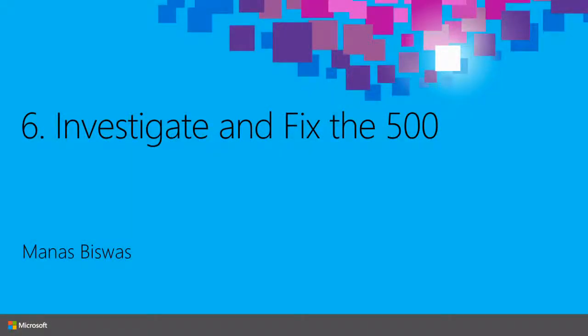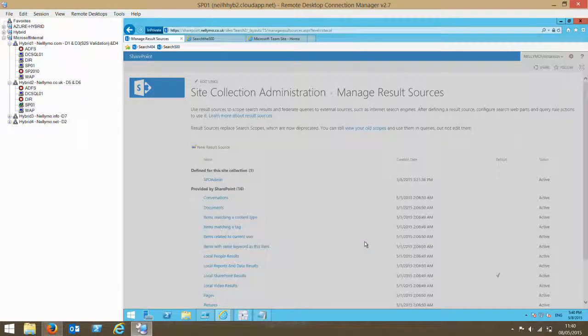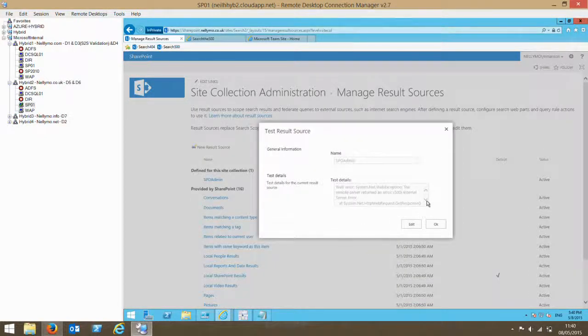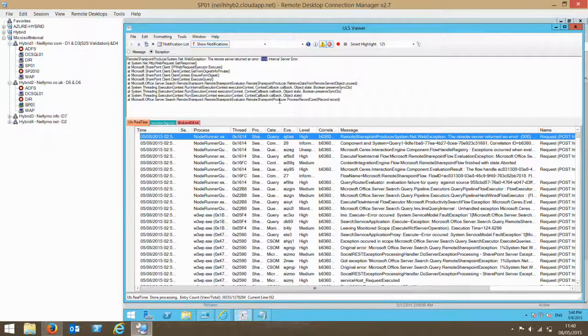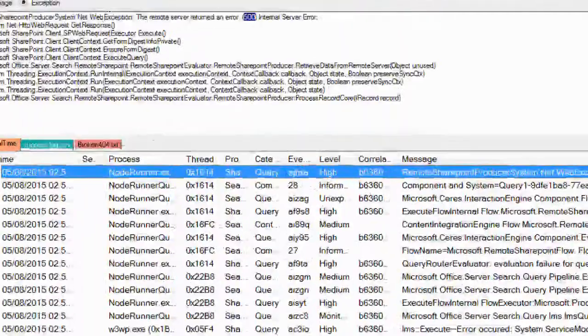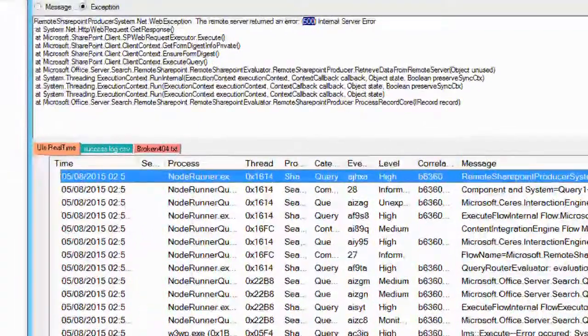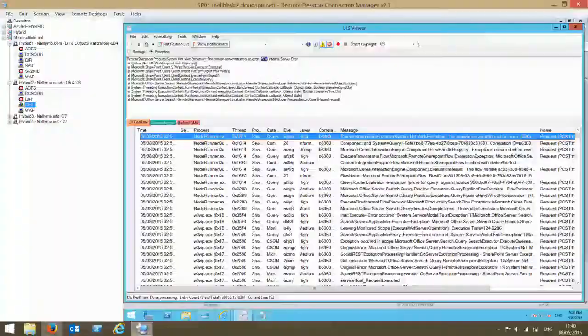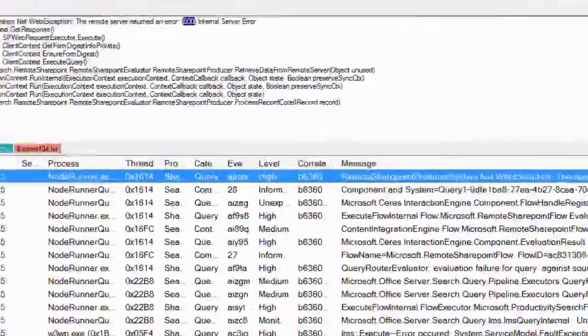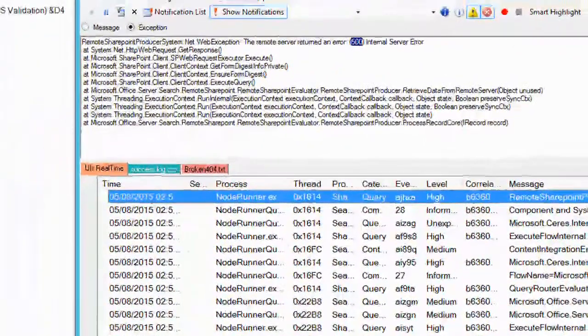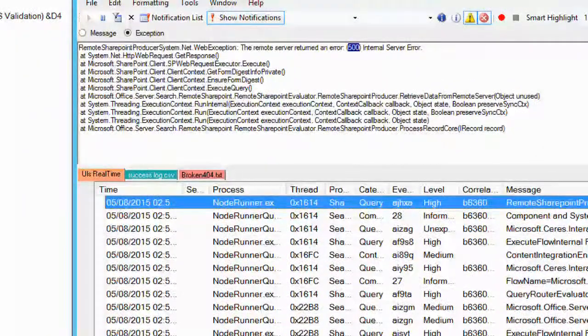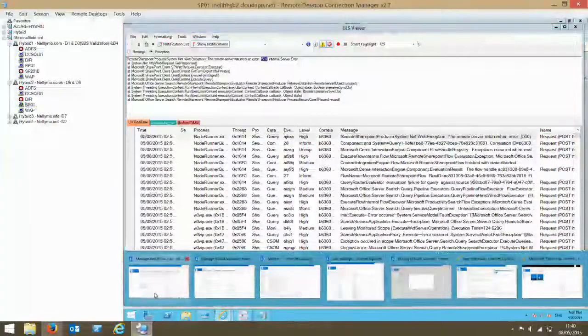And the fix was quite easy. Neil, if you take me back here. If I test source, it clearly tells me the 500 error message. If you go back to your ULS logs, I don't know if it is viewable from there, but it's the remote server returned 500 internal server error message. Okay, so this is the error message which would show up in the ULS. And again, the fix is, as I mentioned,